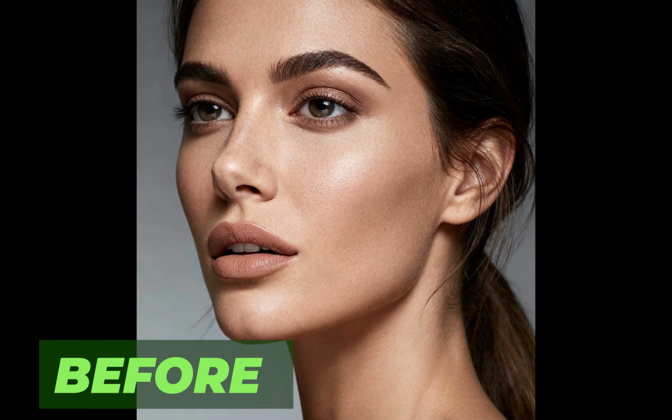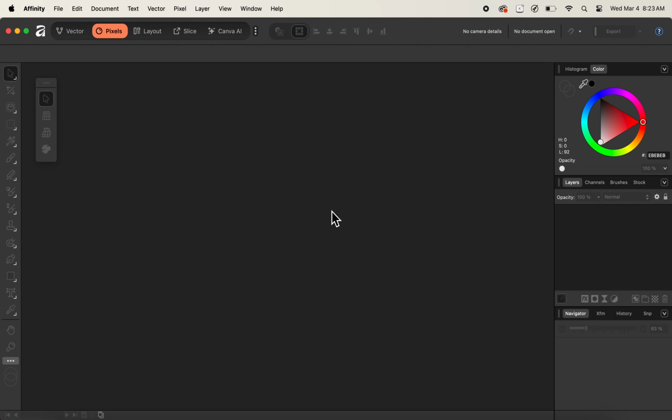Can we apply the portrait lighting effect easily to our portraits or images in Affinity? So in this video, we'll find out how to apply the portrait lighting effect to our portraits or images inside